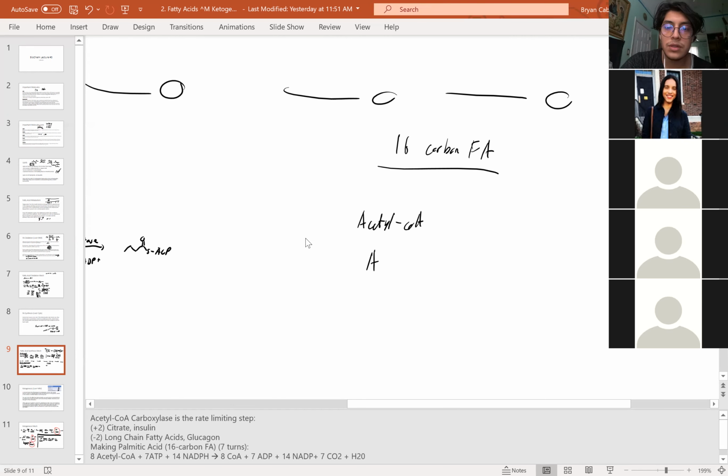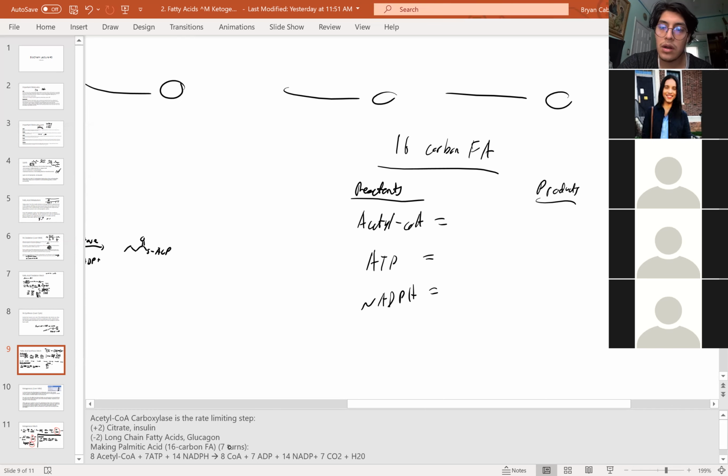How many ATP are you going to need? How many NADPHs? And how many CoAs? This is for your reactants. How many do you need for these? If you already saw the numbers down here, then just explain to yourself why those numbers make sense. And then products,